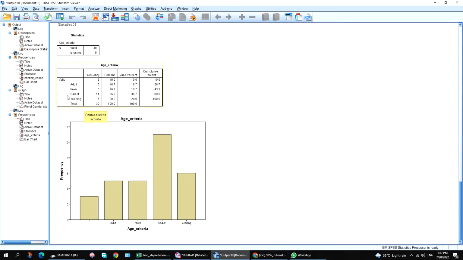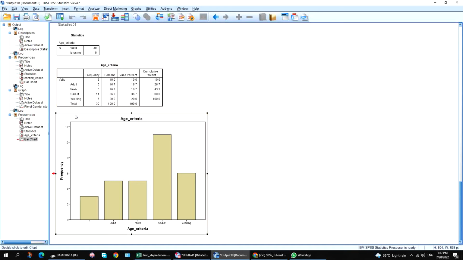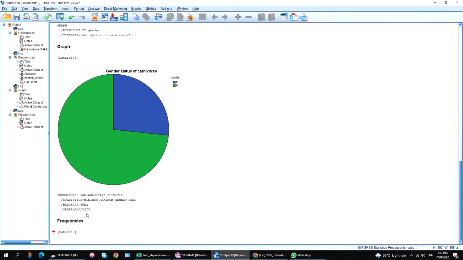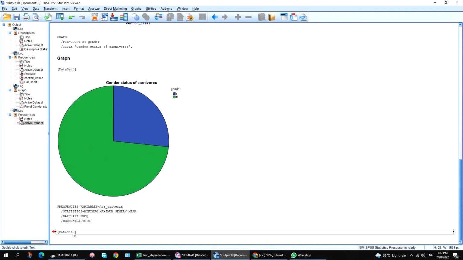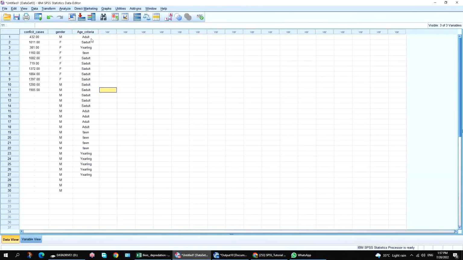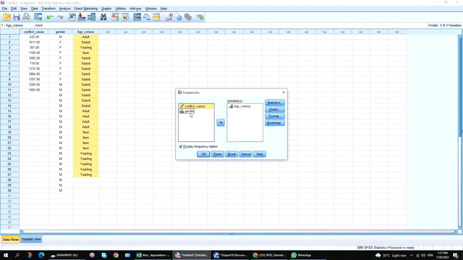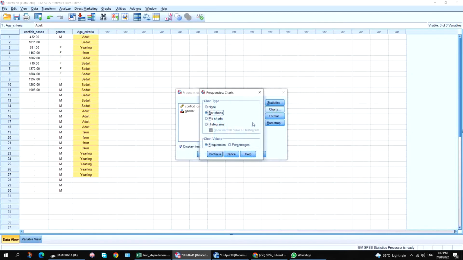It has calculated frequencies, like adults who counted 5, and then percent, valid percent, cumulative percent. So I'll again show you how to do this, like you can delete this from here. Yes, again select this, okay, go to analysis, descriptive statistics, frequency and age criteria, chart bar,